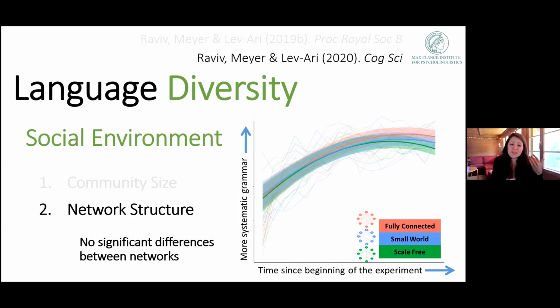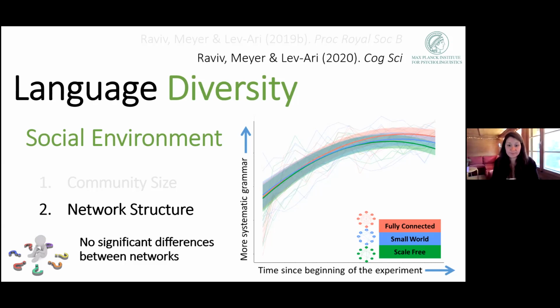This result makes a bit of sense to me because we also looked at the variability of each network, since that was what drives the effect. And we found that the variability was similar across all conditions. So it was not the case that the sparser networks were more diversified. It was the same. I have some ideas on how this design can be improved, because it's still just a null result, and I would urge you not to draw any strong conclusions from this. It seems like network structure has no effect, at least when size is kept constant and relatively small, but there are a lot of things in the design that could be improved. We talk about them in the paper, and if you have some ideas, I'm happy to talk about them later.